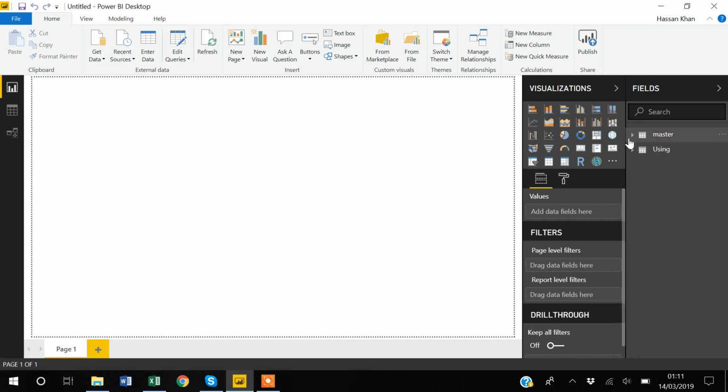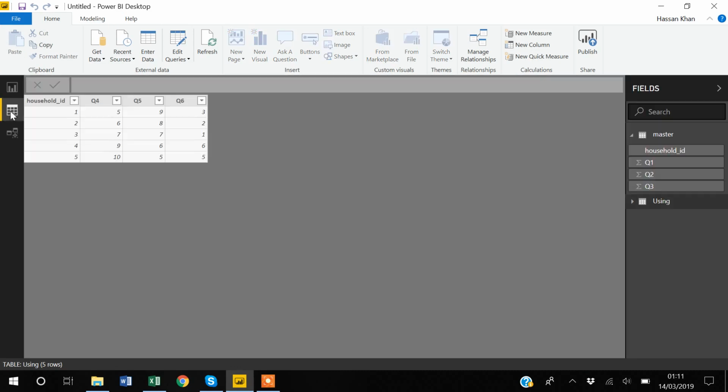So now you can see I have both master and using file in Power BI. And even if I go to my data view, you can see this is the using file. And if I go to my master file, the master file you can also view in data view. But now if I go to this